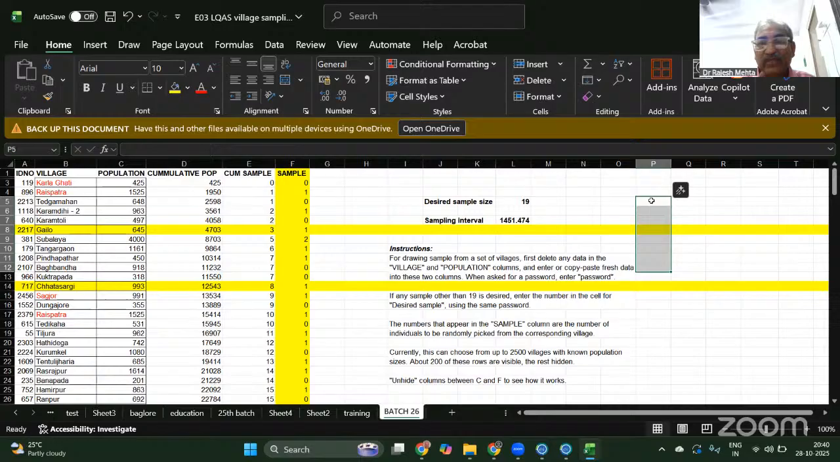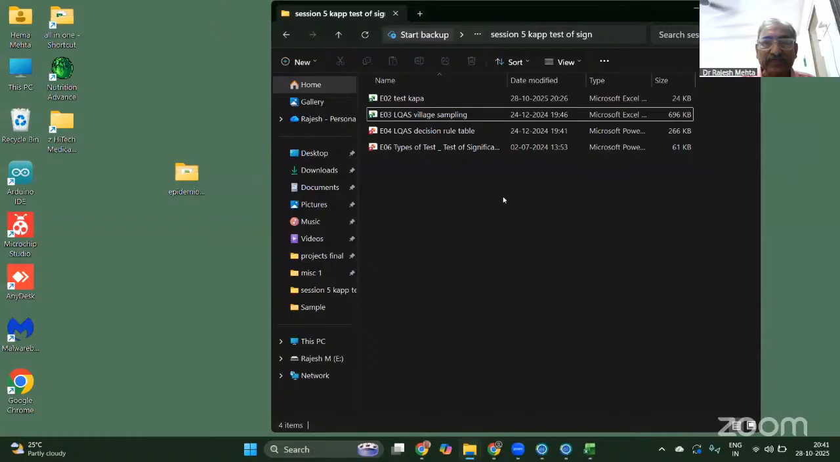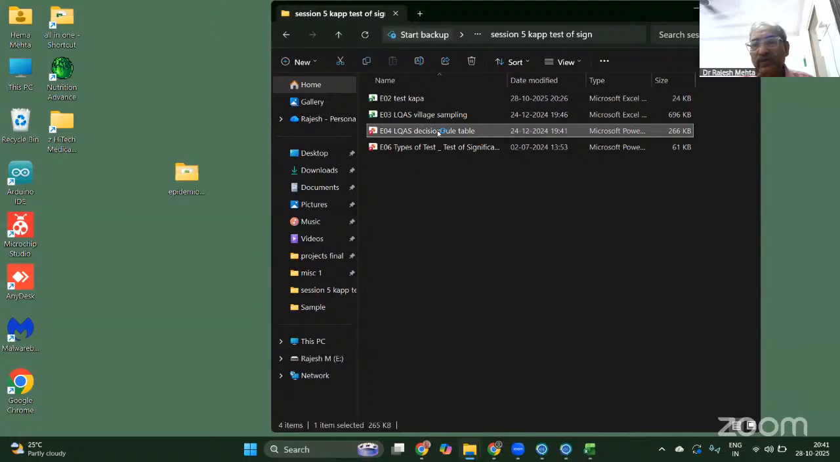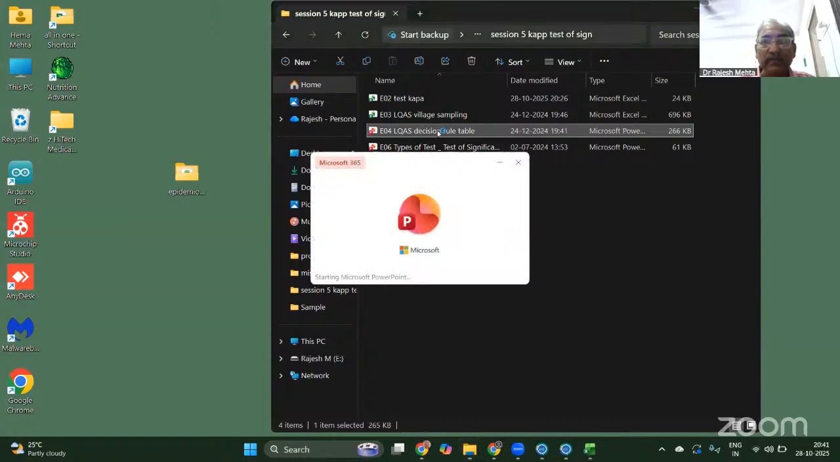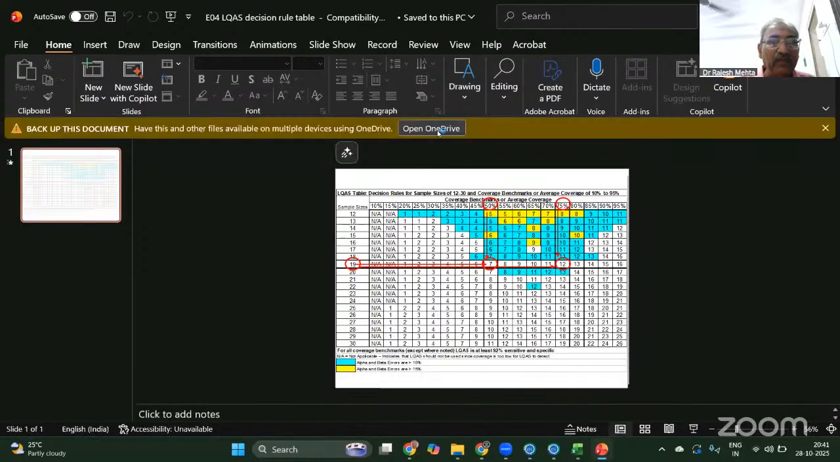But once that answer is there, what is the interpretation? For that interpretation, we have one table, the decision rule table. It is known as the decision rule table. Let's go for that. It is also given to you. It is shared with you in a Google Drive. If you are not able to find it in the Google Drive, you can let us know. Now, this decision rule table,